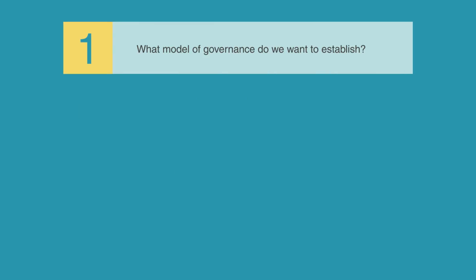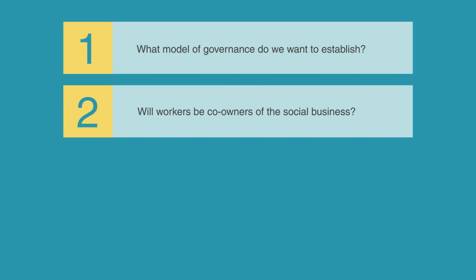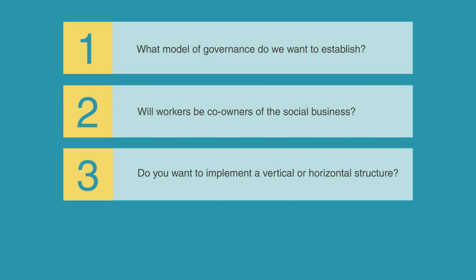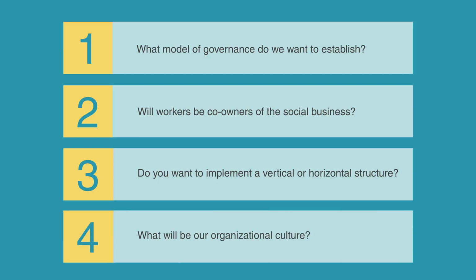First, however, it is important to identify what is the business concept that we want to implement. To advance the construction of our business model, it is imperative that previously we have answered a number of questions. What model of governance do we want to establish? Will workers be co-owners of the social business? Do you want to implement a vertical or a horizontal structure? What will be our organizational culture? These are all questions that help us set our global model of social business, which necessarily affect the business